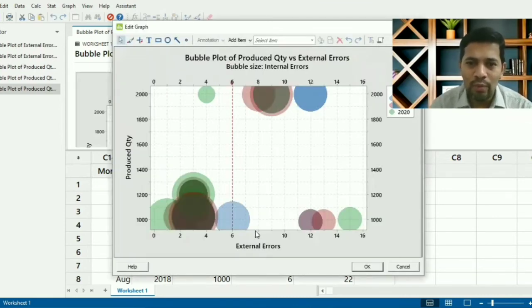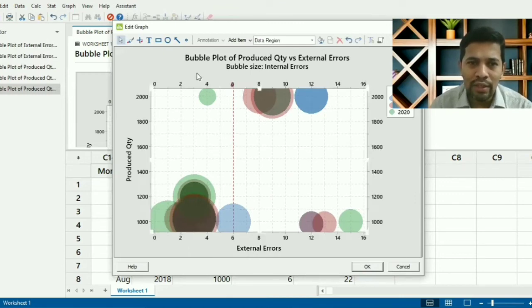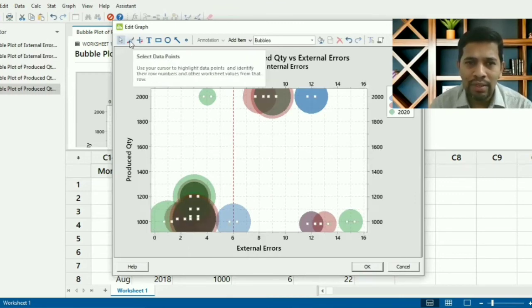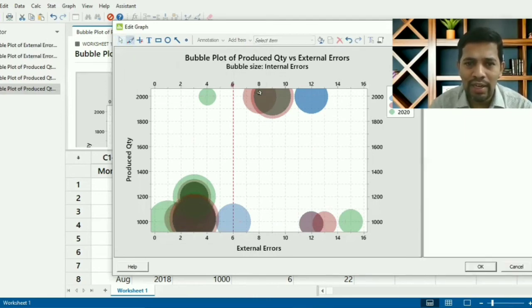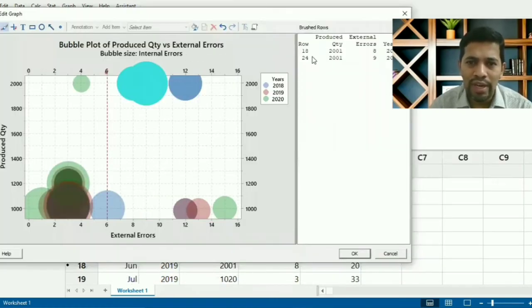So these are all the ones which you're interested in. Let's say you're interested to find this bigger region. What you can do is you can just go to painter. So select data point, just click it here, and then if you wanted to figure out this one, it gives okay 18. So 2001 quantity being produced, 8 is the errors produced in 2019 and all that.